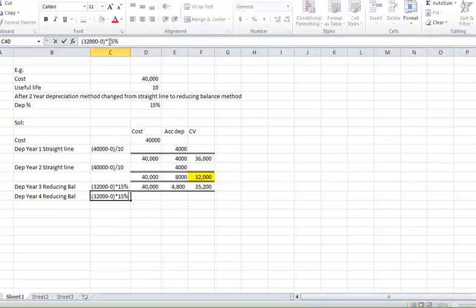Students, what was the carrying value at the time of change in estimate? So when the estimate was changed, at that time carrying value was 32,000 pounds. So we will use 32,000 pounds instead of cost. And depreciation after change in estimate, you can see over here we have charged depreciation of 4,800 pounds after change in estimate. Please remember, over here our estimate has changed. This is the change in estimate. Over here our estimate has changed, and we have charged depreciation of 4,800 pounds after change in estimate,